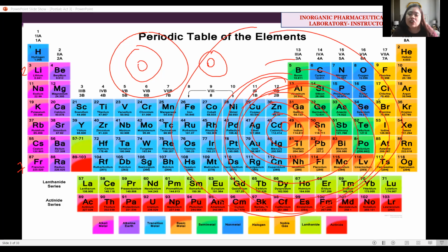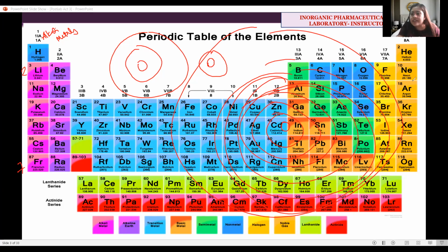But the number of electrons in the outermost shell is determined by what group they belong to. So like group 1A, the reporters reported that we call this the alkali metals. They are all metals except for hydrogen, and they contain one electron in their outermost shell. That is true for beryllium also, they have two electrons in their outermost shell. And then if we jump here to group 3A, the boron group, they have 3 electrons, and so on until the noble gases.